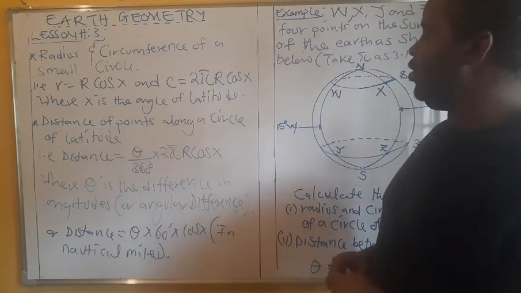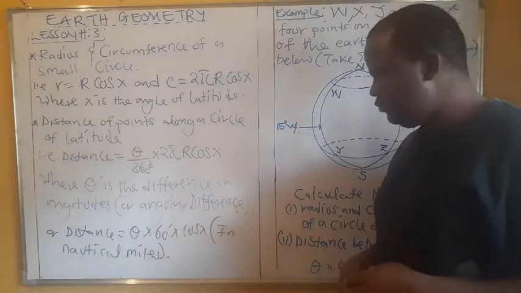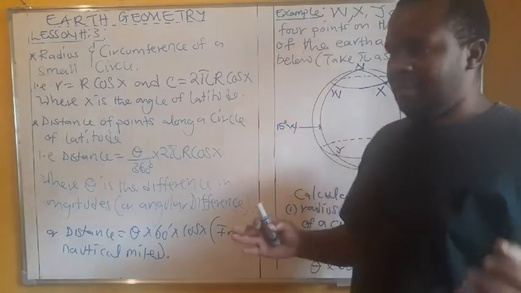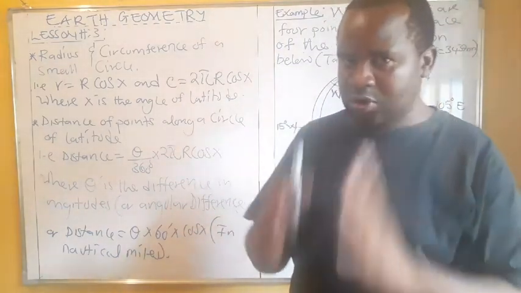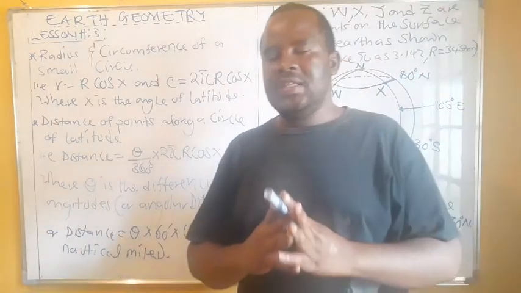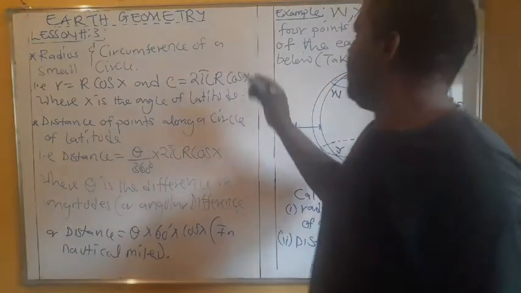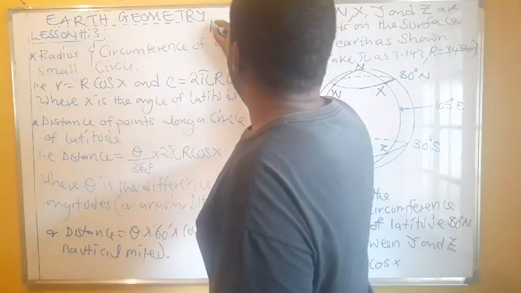So in this lesson, which is lesson number 3, we want to deal with 3 things. Number 1, how to find the radius of a small circle. Why talk about the radius of a small circle? Simply because the radius of a bigger circle is already defined. Remember we said it is this